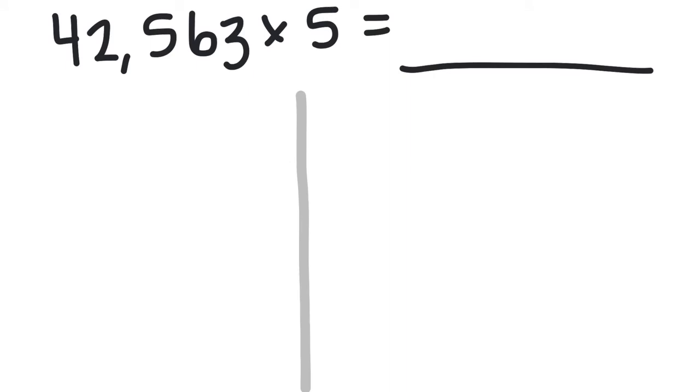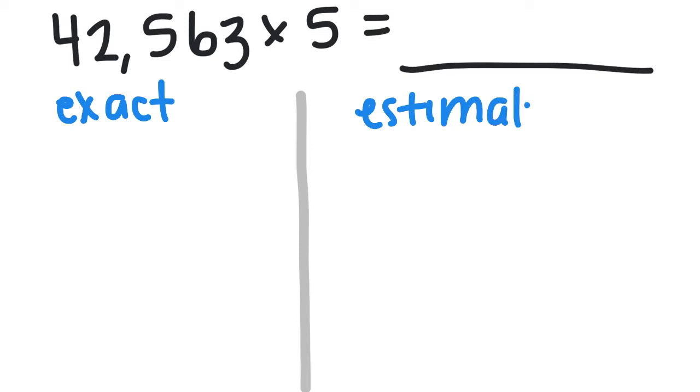Let's do another example. The way that I set up my whiteboard should look very familiar because I'm preparing myself to find my exact answer on one side of the board and my estimate on the other side. And remember, my goal is that my exact answer and my estimate are very close to each other. And that's how I will know that my answer is reasonable. So let's first find the exact answer here. So I'll use my standard algorithm,